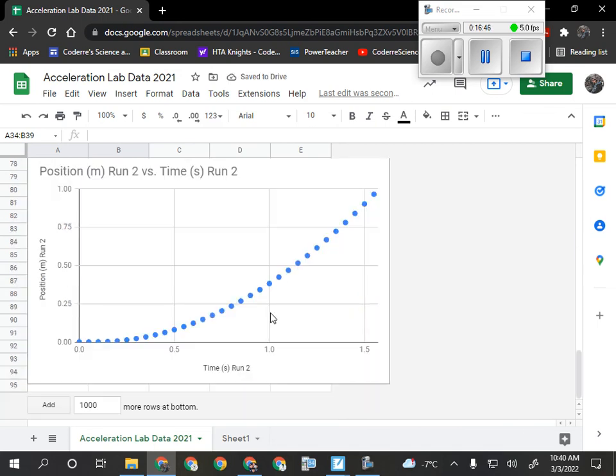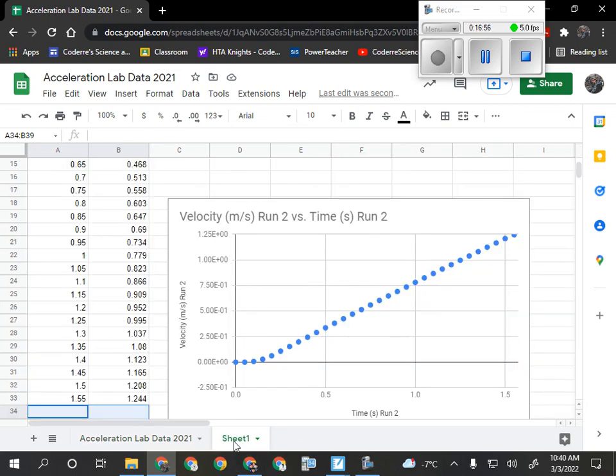Look at that. It doesn't get any better for those graphs. That's exactly what they should look like. I should have a curved position versus time graph, and I should have a nice linear velocity versus time graph, and that's exactly what I've got. Your data will be exactly the same thing. It can't help but do that. All right, when you get to the analysis,